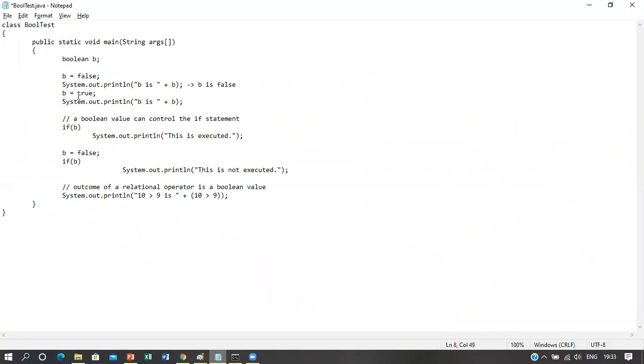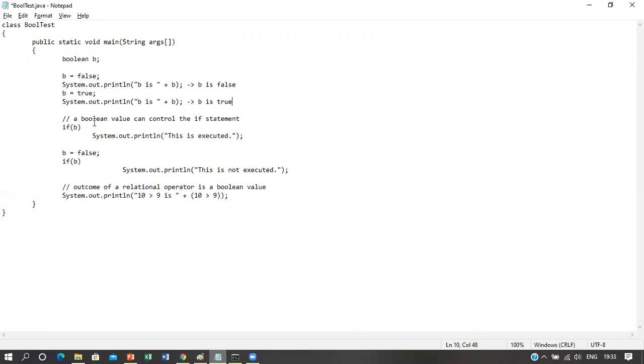Then we have set the value of B as true, because B is a Boolean variable, so you can easily set the value of B as true or false. Now we have set the value of B as true, so this statement will give you "B is", after that a space will be printed and then it will give you true. Remember that if you give a space in between double quotes, that will be counted, but if you give a space here or here, that will not be counted because it is written outside the double quotes.